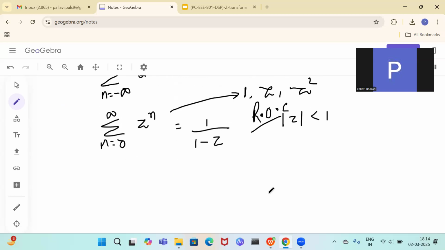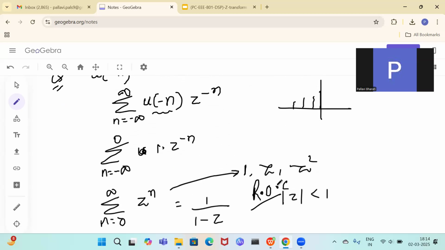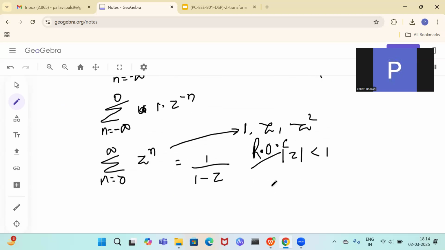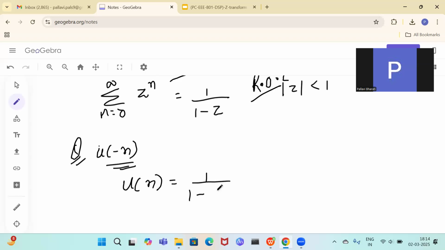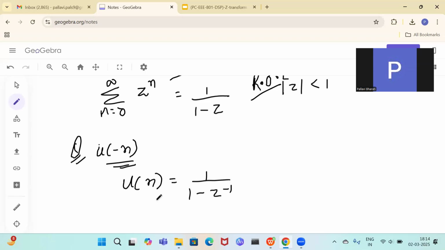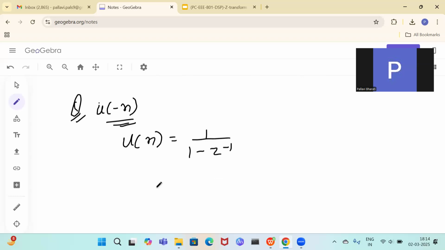Now let's move on to the next property. So this was the time reversal property. You took u of minus n instead of u of n, then this has happened. Now see, this is how I did it by definition directly, but I could have done it with the property. One thing more you have to see over here: u of minus n, you had to take out the z transform of this one. So the parent one is u of n. You know the z transform of this one is 1 minus z inverse, from the property we know that this is the z transform of u of n.